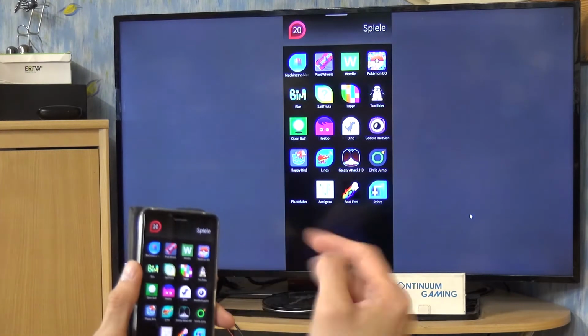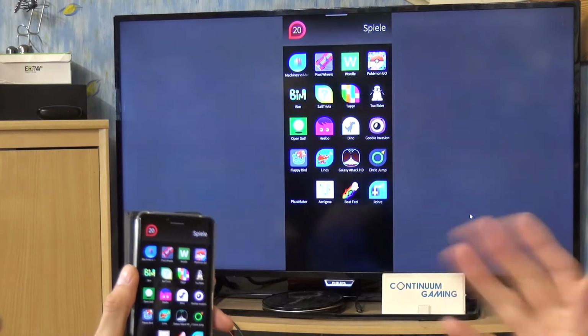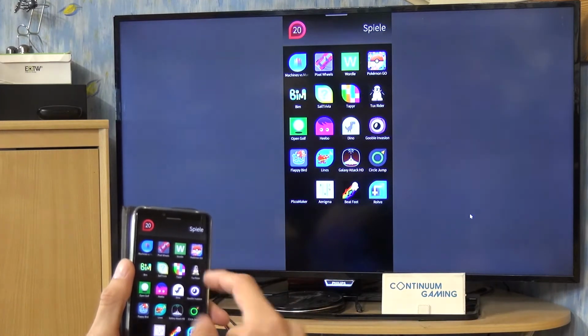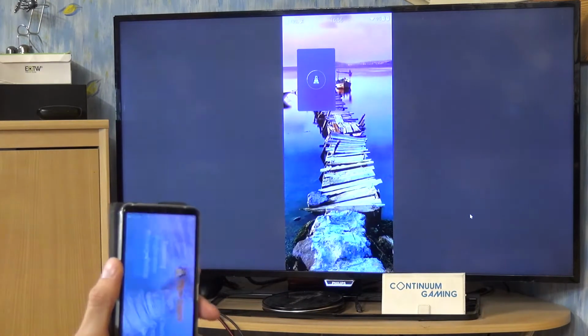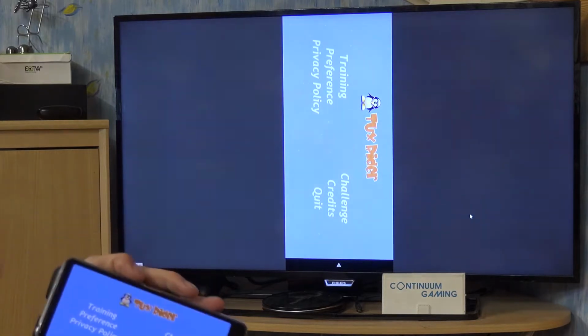And so Tux Raider is the first game I will show you, with the little penguin there. And there are a couple of other ones I will show you too. Okay, so let's start that. As you can see,